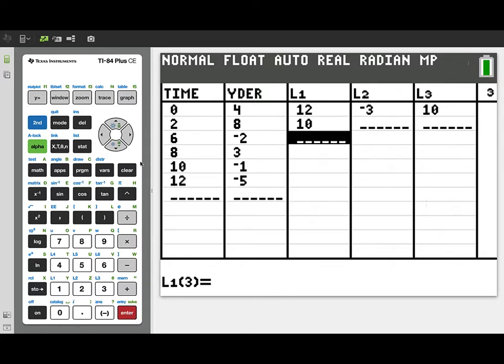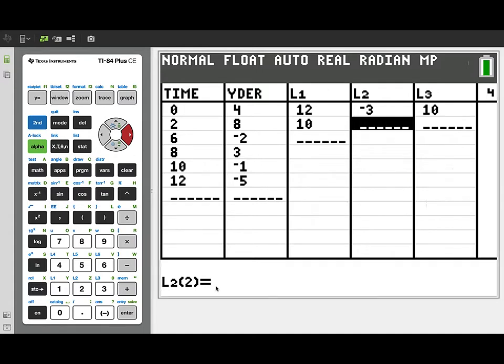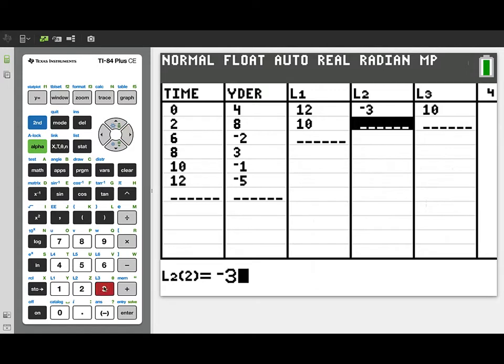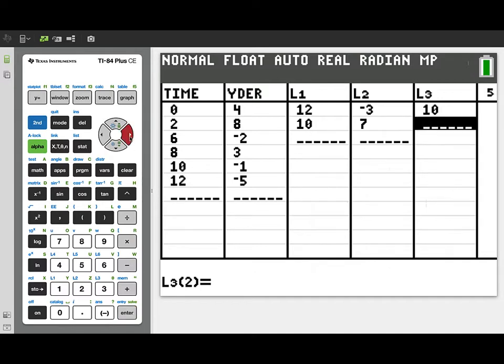So I've entered t equal 10 in L1, and we were at -3, so let's take -3 and add on this increment of 10, because that's the difference that we're estimating using the derivative value at t equal 12. So -3 plus 10, and now we are estimating that we'll be at y position 7 at time t equal 10. And now we keep working